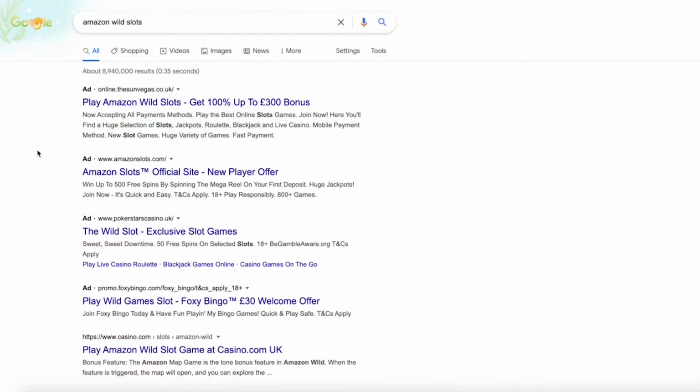Today we're going to be showing you how to use Google Images for theme entities. So what you want to do is search for whatever you're trying to write about in your article. For these examples, I'm using slot games, so online slot games. And this one here is Amazon Wild Slots. That's obviously a very specific slot that I want to make sure that in my content, I'm writing really